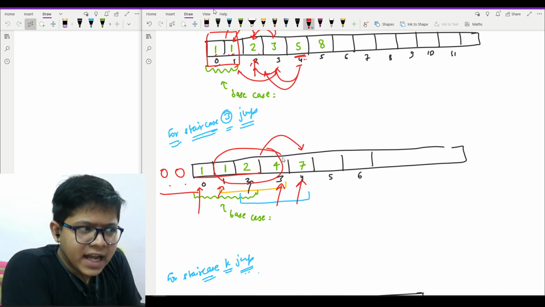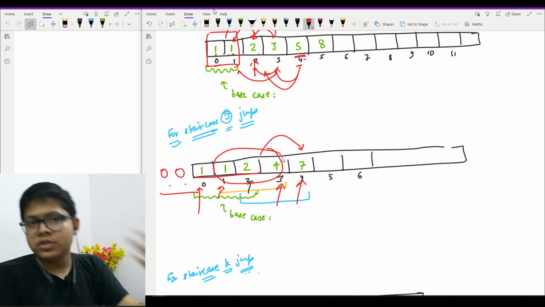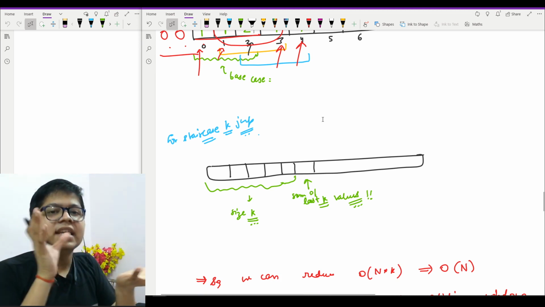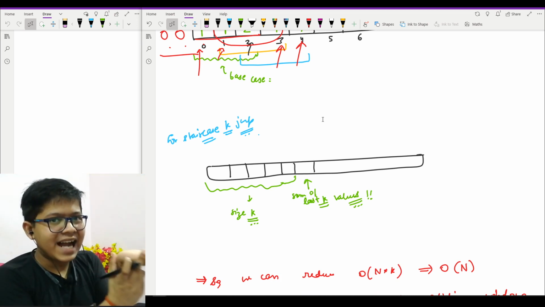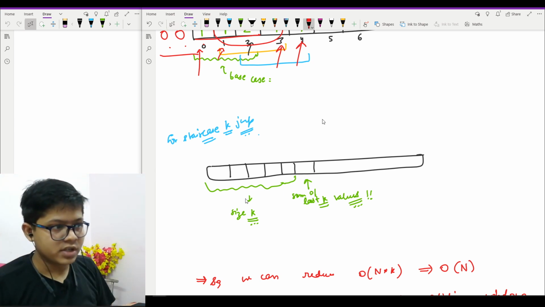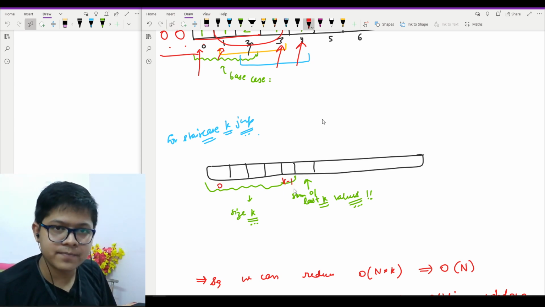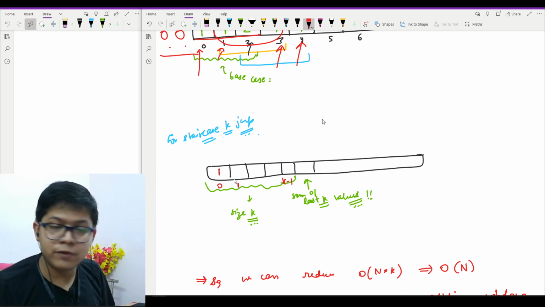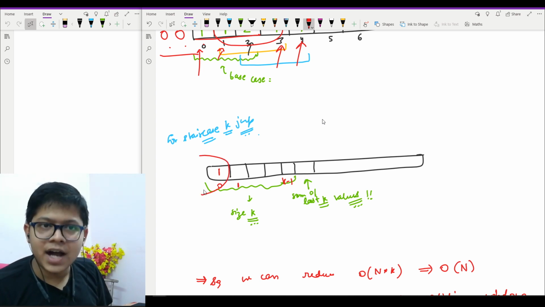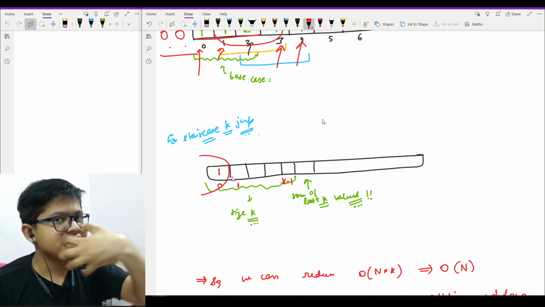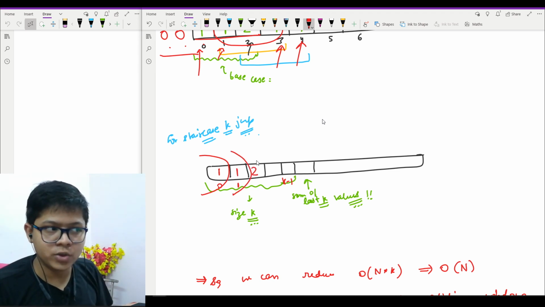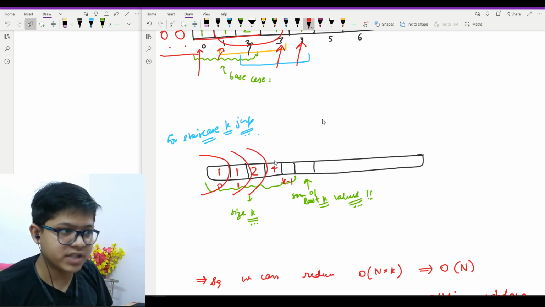Now you can clearly see that it was an example for k equal to 3, but for the generalized case, for k, first you will find the dp values of the starting k blocks, which means for 0 to k minus 1, right? Using the method I showed you above, for 0 it will be 1, for 1 it would be nothing but up till the sum, how far I had the sum, I will just add it right here. So it is 1 for now. Up till sum how much I have? 2. So I will write 2. Up till sum how much I have? I had 4. So I will write 4. Up till sum how much I have? I will write 8, and so on and so forth.